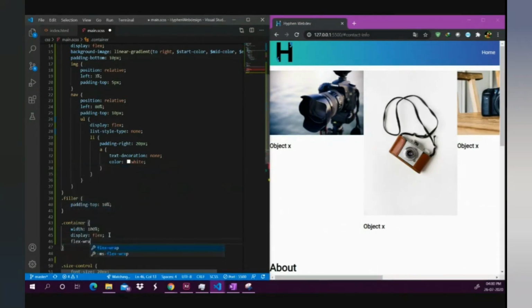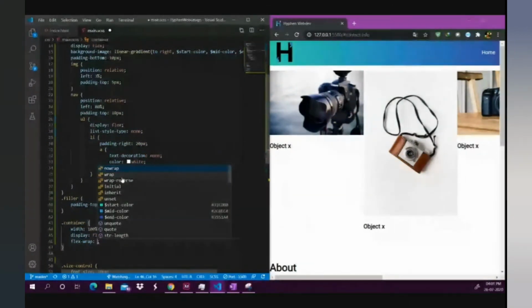flex-wrap. This is the property, and we have three useful values here. No wrap means that it will never wrap. No matter what you do, it will always come side by side and increase the screen size towards the right side. But if you are using wrap, it will cover as much screen as possible, after which the next one comes to the next row. So that is what wrap is. And wrap-reverse is the same thing, but the last element will come first. Second last will come second. Third last will come third. So it will be in the reverse order. So we'll use flex wrap,